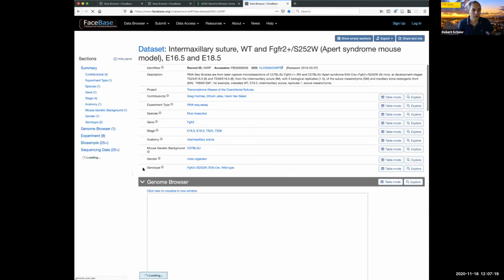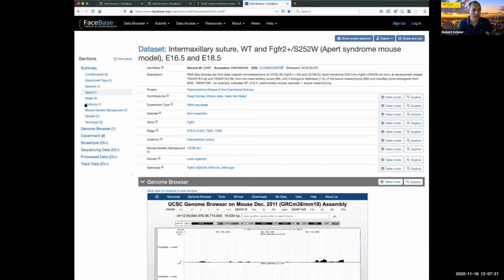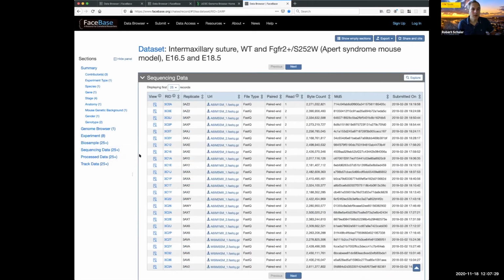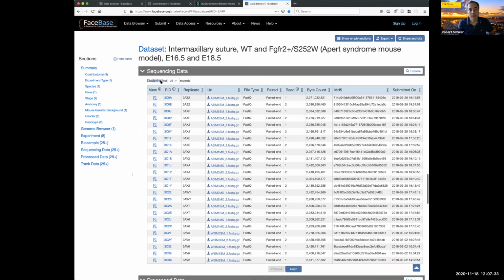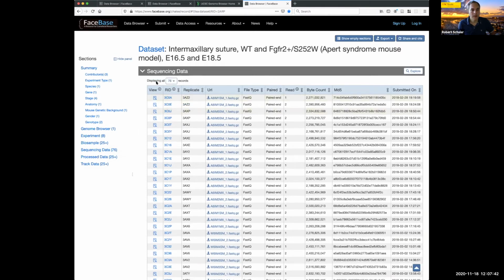Okay, so moving down this page, on the left-hand side, I'm just going to use this table of contents to quickly jump down. So we just saw biosamples. Let me jump down to sequencing data. So here is all of the data that is in this data set. Now, again, this is the first 25. We can increase the number. I believe this one has within 100, so it's 76 records, and we could drill down